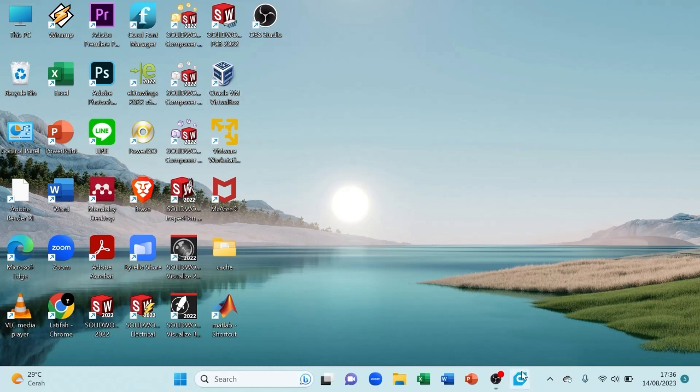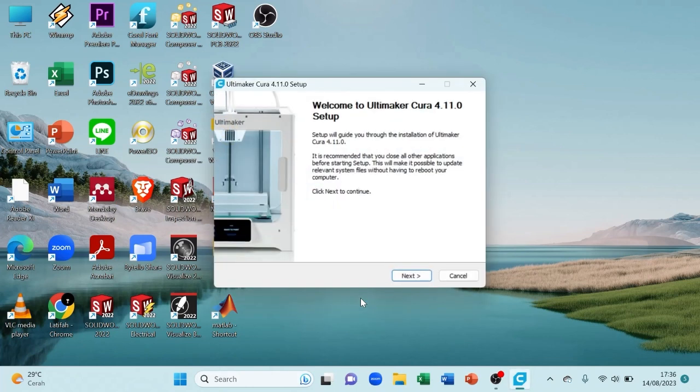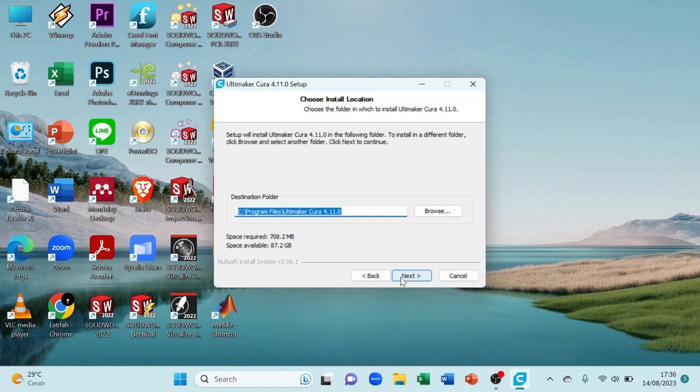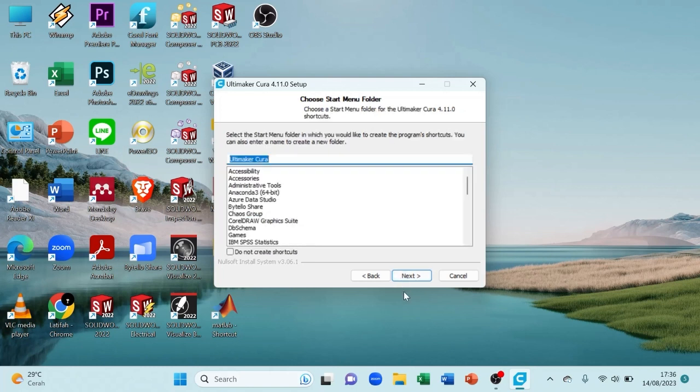Okay, if you have already extracted the file, you can do the installation by clicking the file and then set up on next. For the license agreement, select I agree, and the storage location is up to you, and then click next.